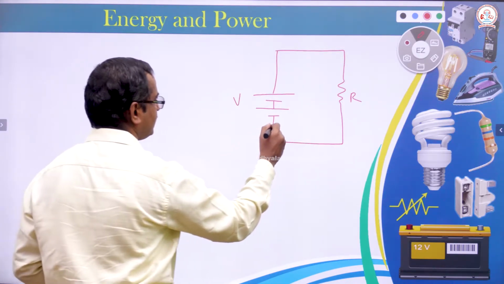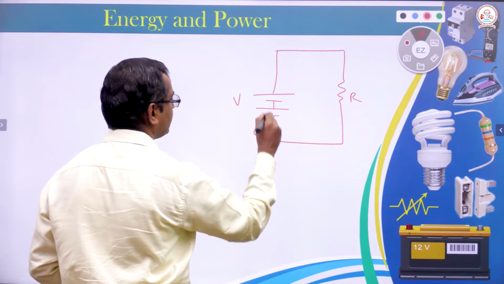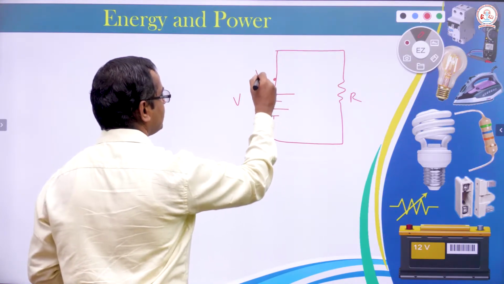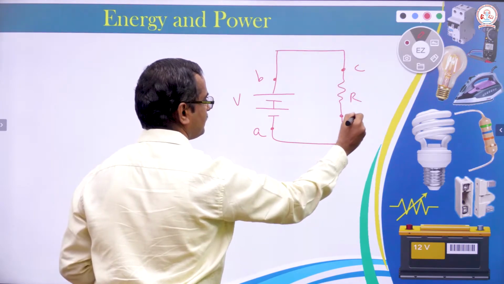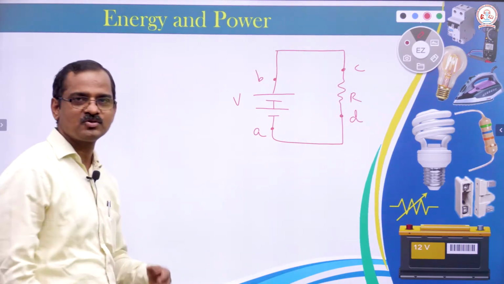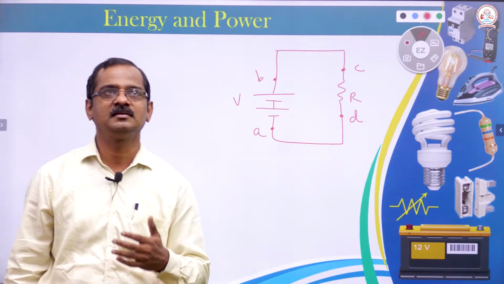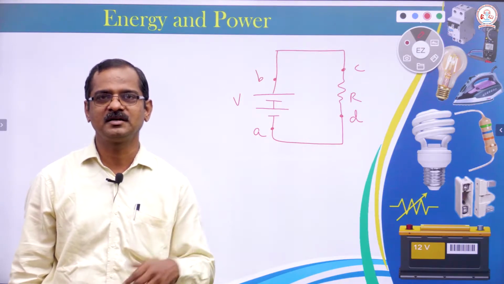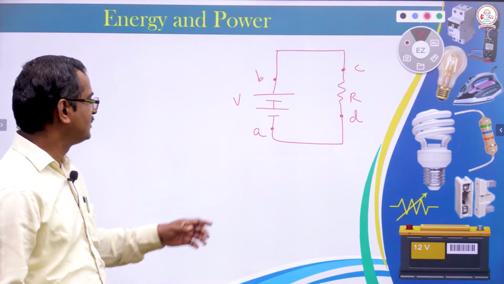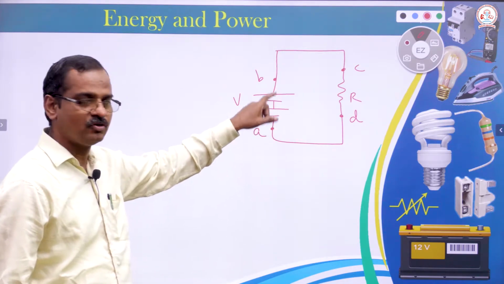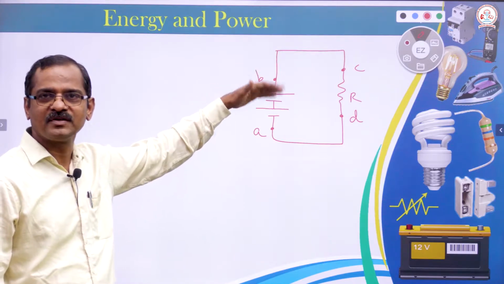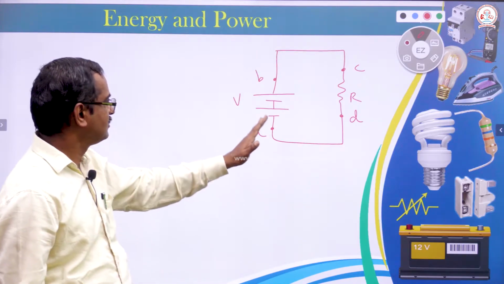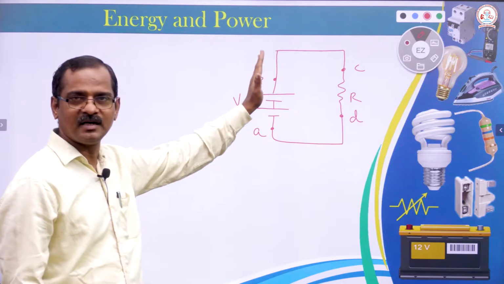Let this point be A. Let this point be B. Let this point be C. Let this point be D. As soon as the battery is connected to the resistor, charges start to flow from A to B, because there will be some potential difference. Charges start to flow. When the charges are flowing across the battery,